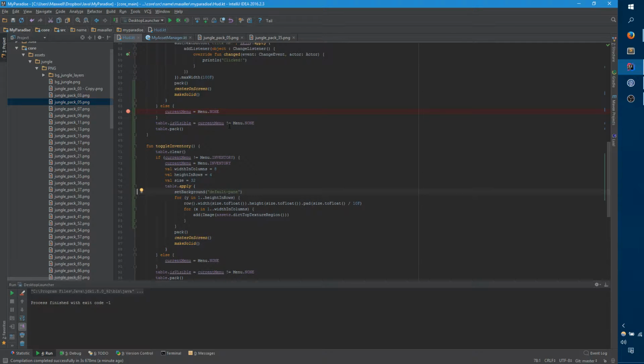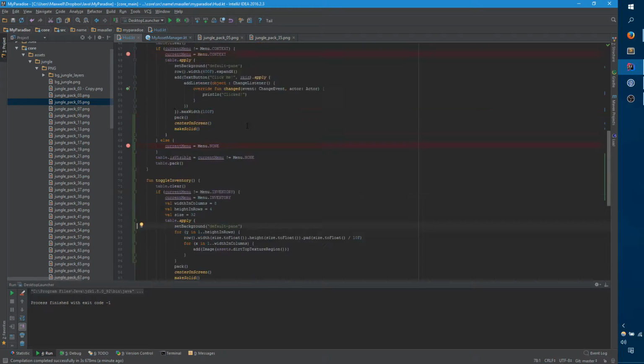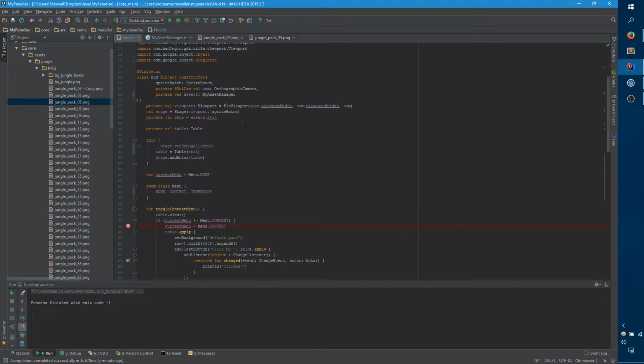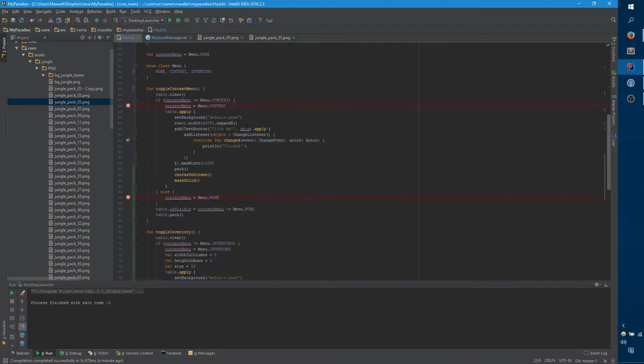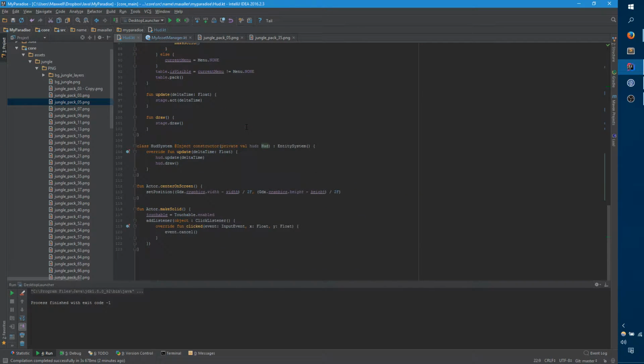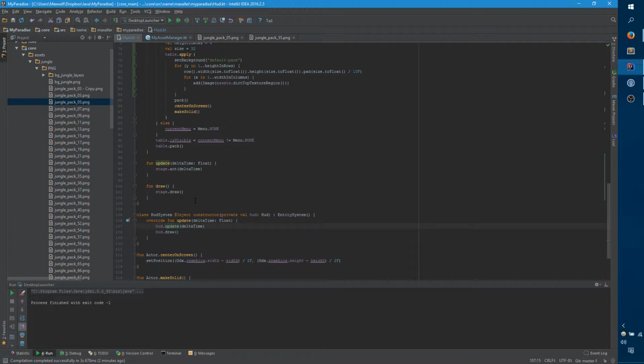Okay. So this HUD isn't a system right now, and it's not supposed to be, but it does get called from a system on every frame. So what we can do is